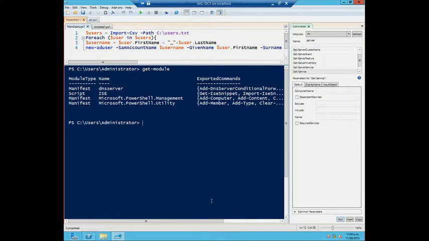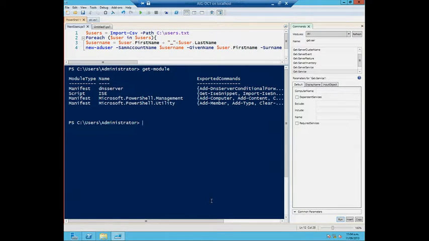Starting in 2008 R2, starting with PowerShell 3.0, modules now dynamically load. Older than that, so if you're still working with pure 2008, or even if you added PowerShell to your 2003 environments, module not loaded, you can't access the commands. Starting with 2008 R2 on up, if the module's on the machine and it's installed in the right spot, it doesn't necessarily load when I load up a PowerShell window unless I specifically go and say, open up an AD PowerShell module. Some of those tools have that kind of option.